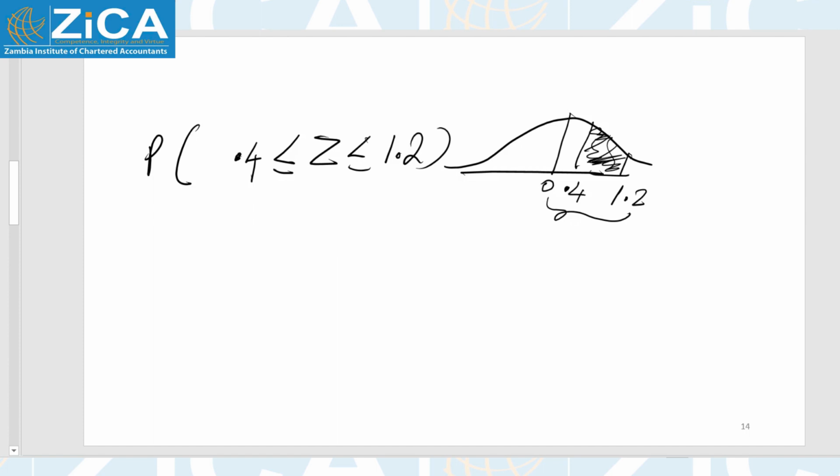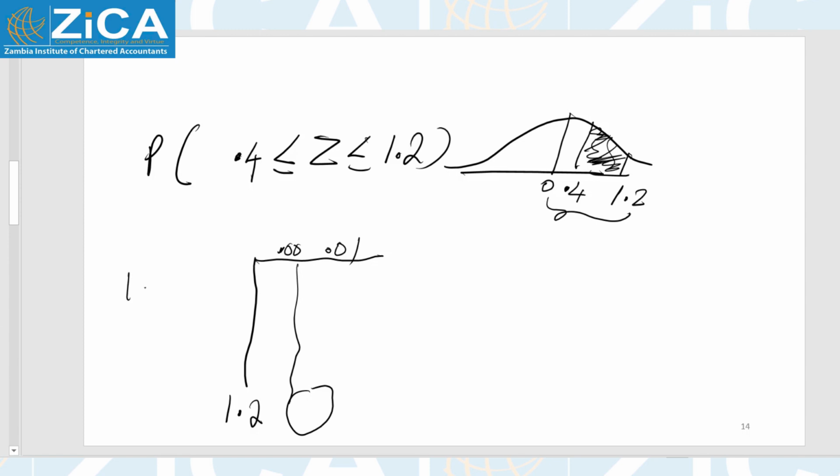So you are reading, if you are checking, the largest 1.2. That means if you check the Z tables, down here you are going to look for 1.2. Across here on the Z table, you are going to look on the first point, this will be 0.00. The next one will be 0.01. But go to this number here,